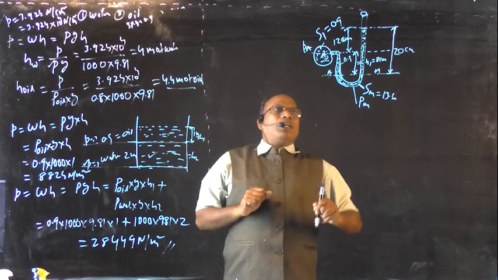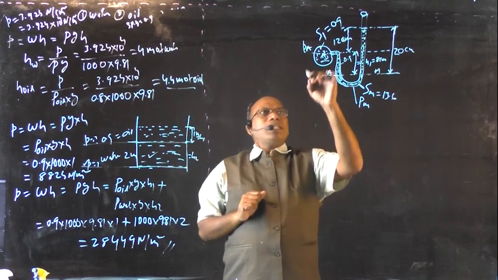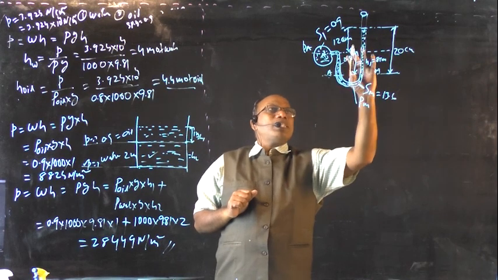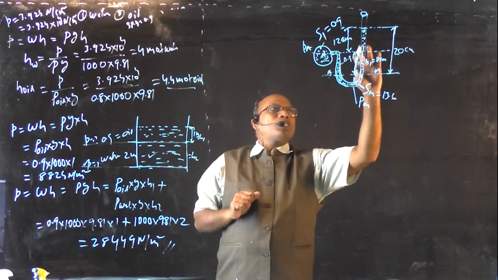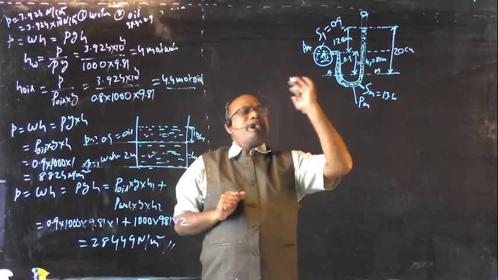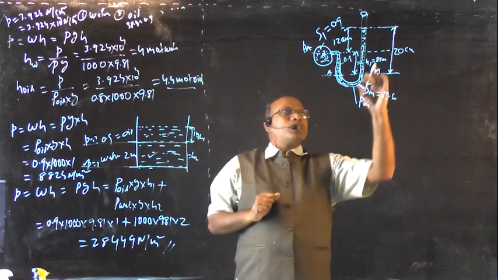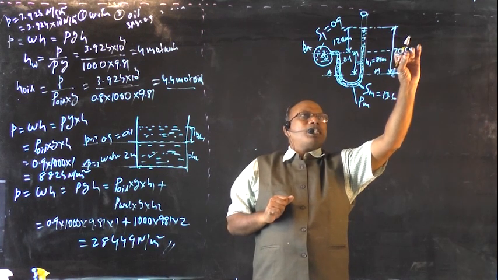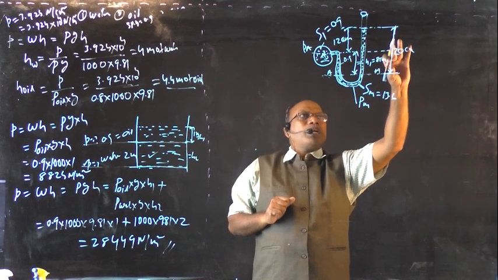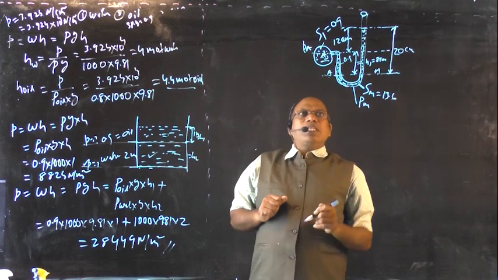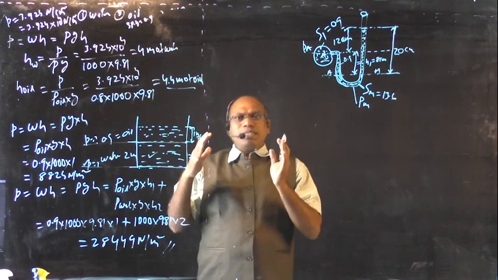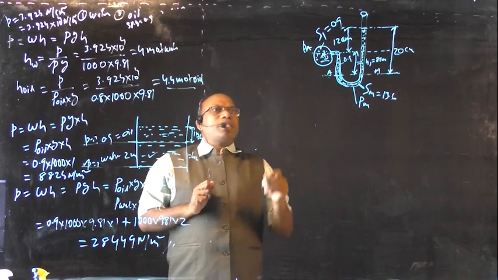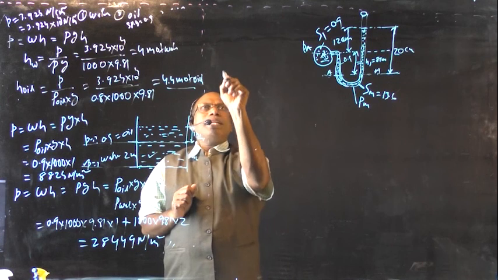Okay, now one pressure we are going to determine is the pressure at point A, and the other is because of the liquid column H1, equal to 8 centimeters, on the left side. On the right side there is only one liquid column, the mercury column of 20 centimeters. Because of the 20 centimeter mercury column, we have one pressure. Therefore, the left side pressures must be equal to the right side pressures. What are the left side pressures?